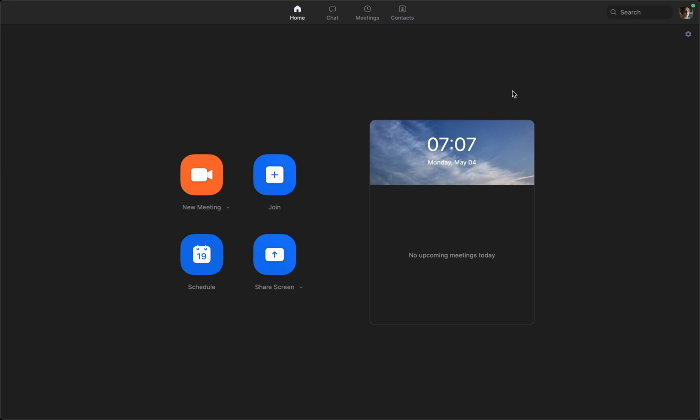So I have the Zoom desktop client here. This is running on a MacBook Pro. The settings you actually see may vary according to the version of Zoom that you have and the kind of Zoom account you have. I have the basic Pro account, which I think costs £14 a month, or $14.95 or something a month. So over in the settings on the top right hand side beneath my account and photo there,